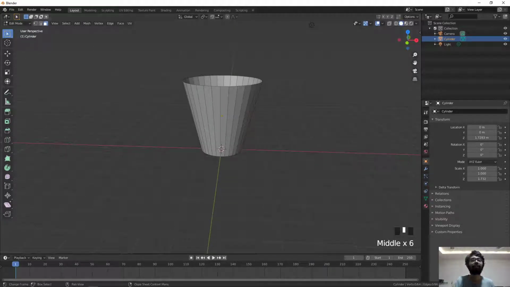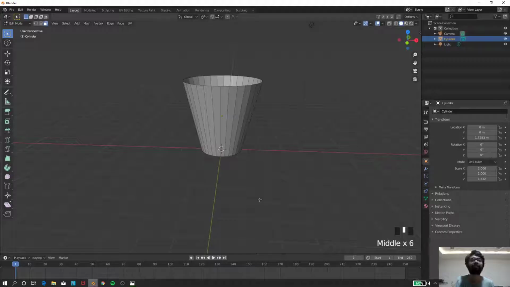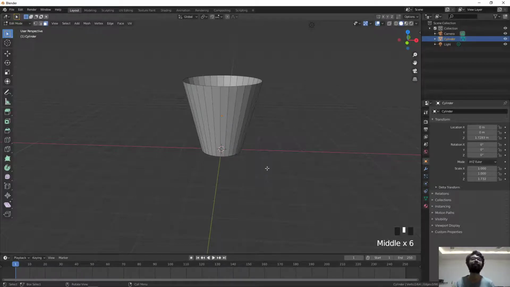So now as you can see, our glass has some curves from here and here, and here is a seam where it's pulled inward. So we'll apply that to our glass. To do this, we will press Ctrl R and add extra loop cuts to our object. So firstly, I'll add a loop cut to my object where the seam is. So I think the seam is here. I'll left click to confirm the location of the seam.